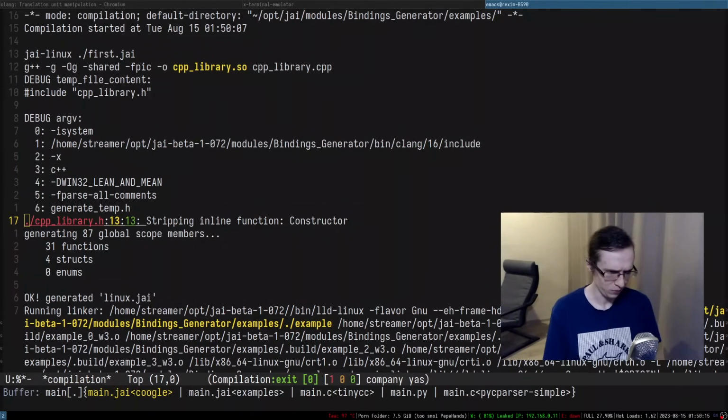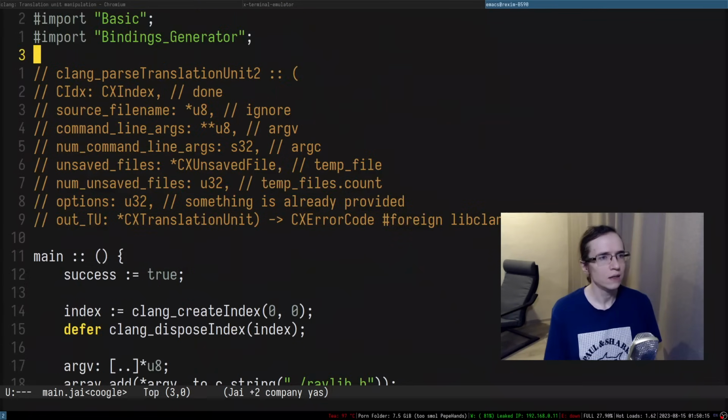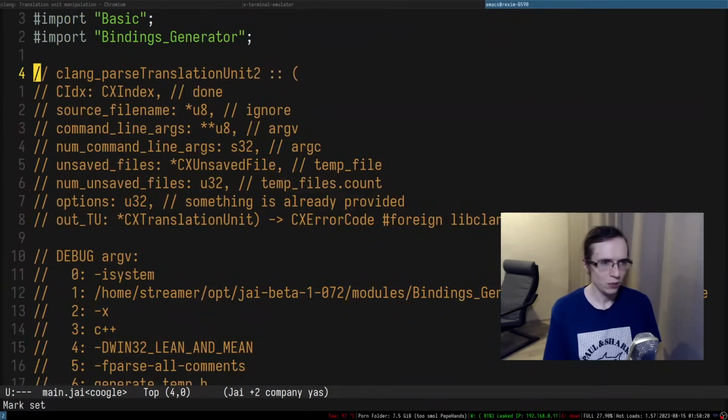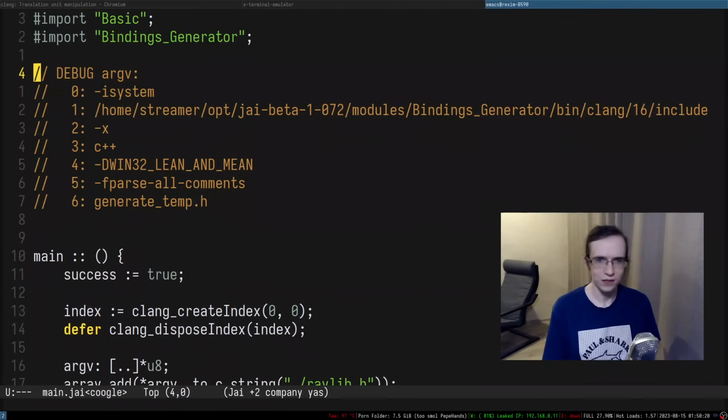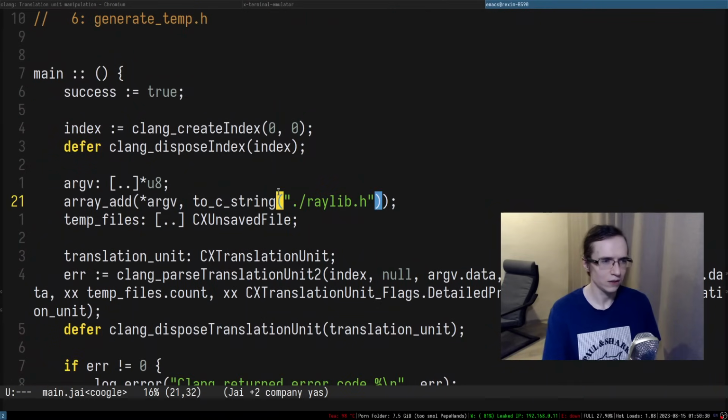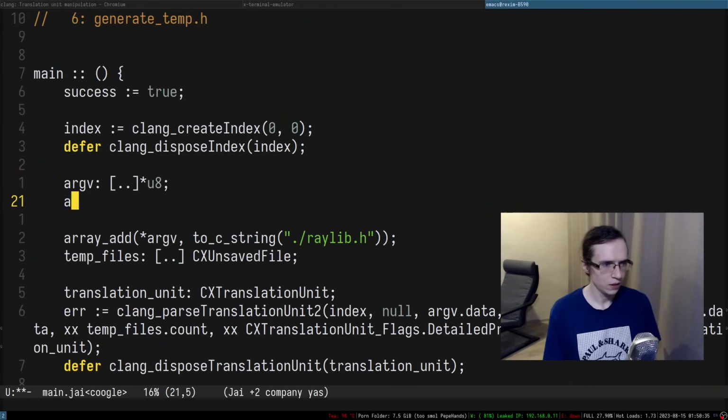I would like to maybe save them because I think they are useful. I do think so. So we don't really care about the signature anymore, right? We already won that boss. And I think some of these arguments could be useful. I think they could. Array add argv. So let's add